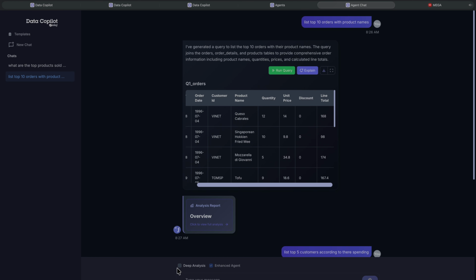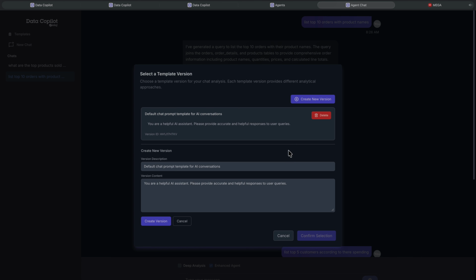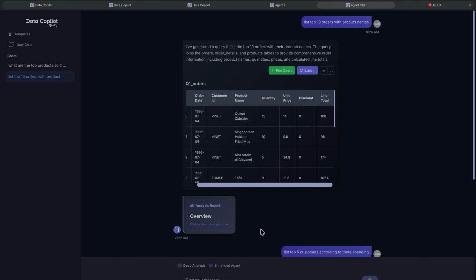You can also choose not to utilize it if you like, but once you do, it will be an exhaustive process that will take a few minutes to an hour, depending on your data and the kind of analysis that you've generated, and it will generate an